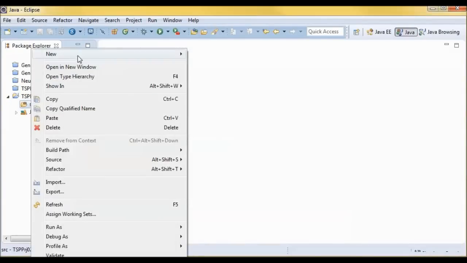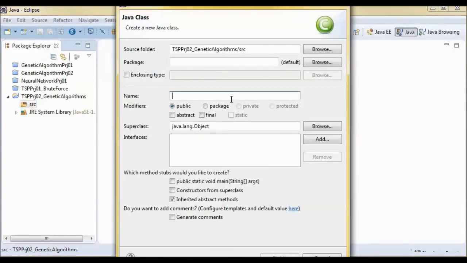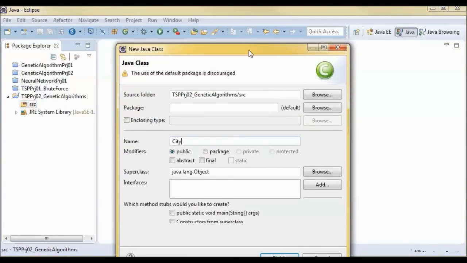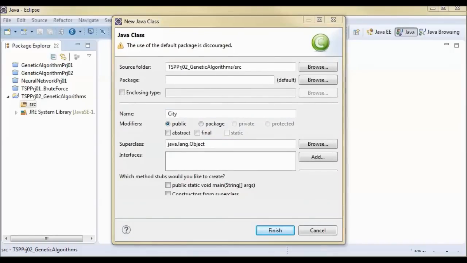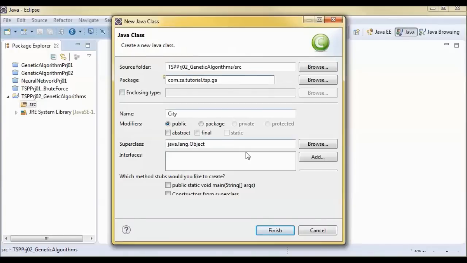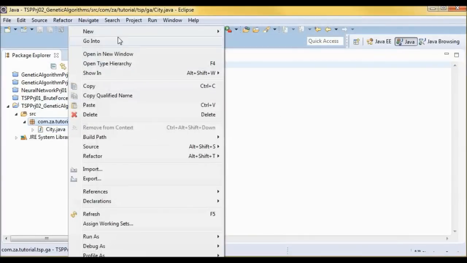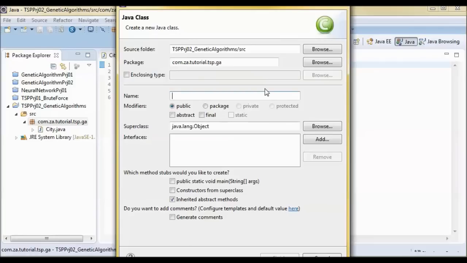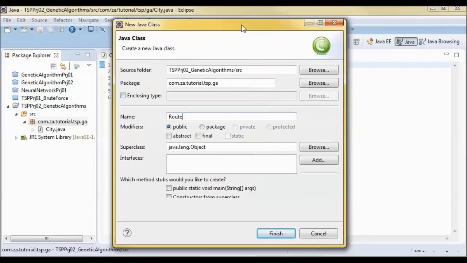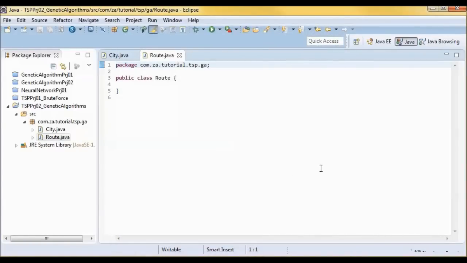And here I will have a city class representing a city in the route, and it will be in this package, and a route class representing a route candidate solution, which will be starting at one of the cities, passing once in every city, and then returning to the originating city.